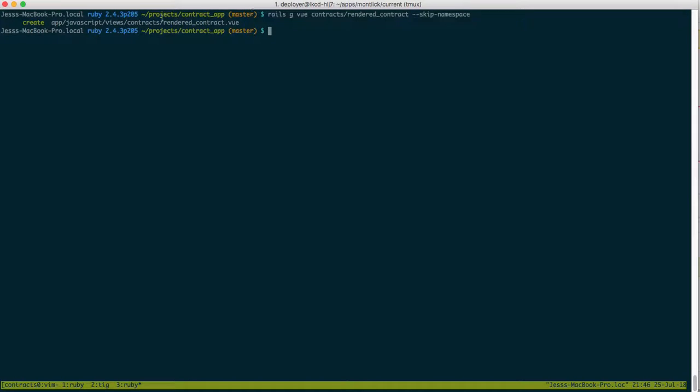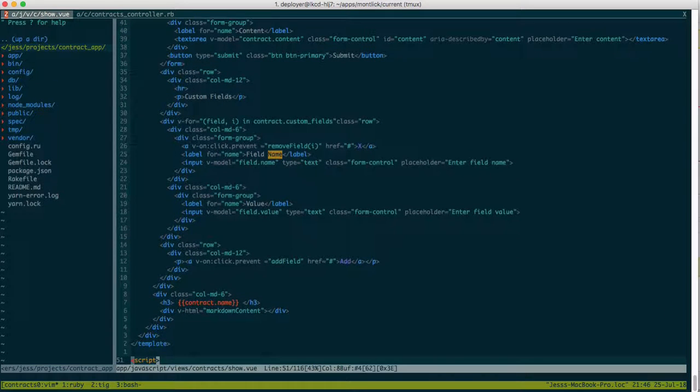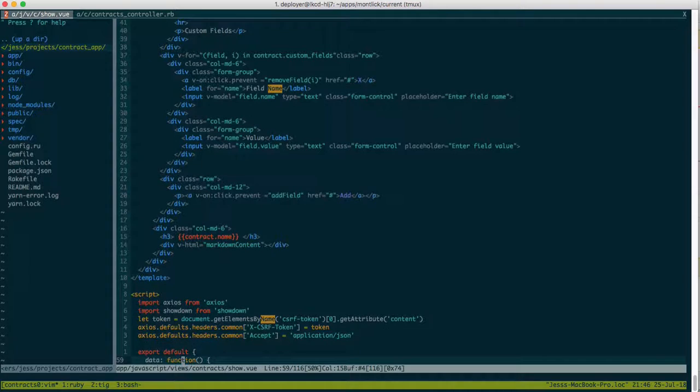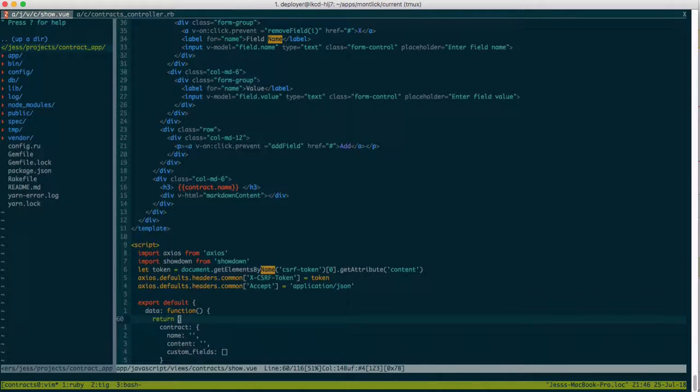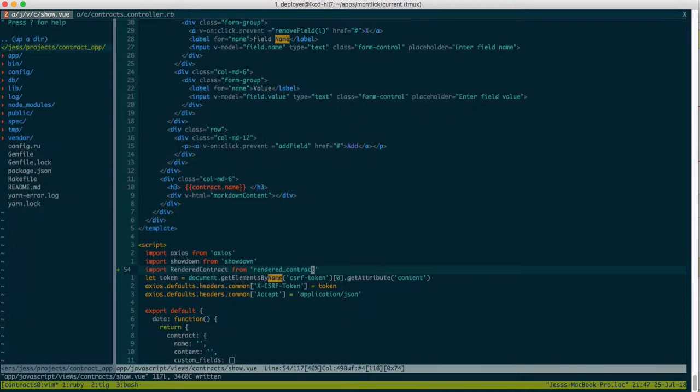Okay, so this is just going to generate a little file for us, and then we need to import that. Let's call it rendered contract from